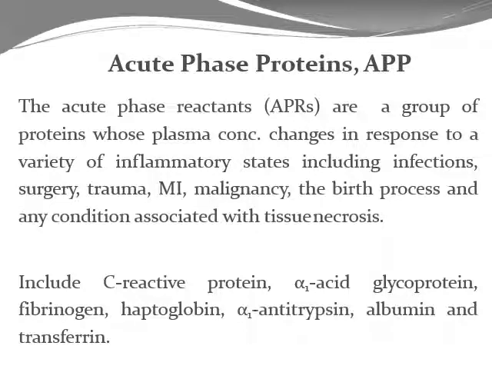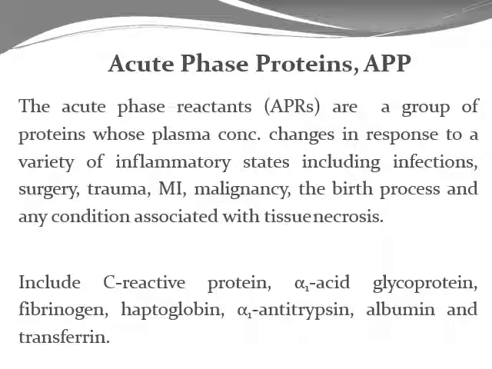Next, found in the plasma, are acute phase reactants or acute phase proteins, APP or APR, both are right. These are basically a group of proteins whose plasma concentration will change in response to inflammatory reactions such as infection, surgery, trauma, myocardial infarction, malignancies, and so on. This includes C-reactive protein,